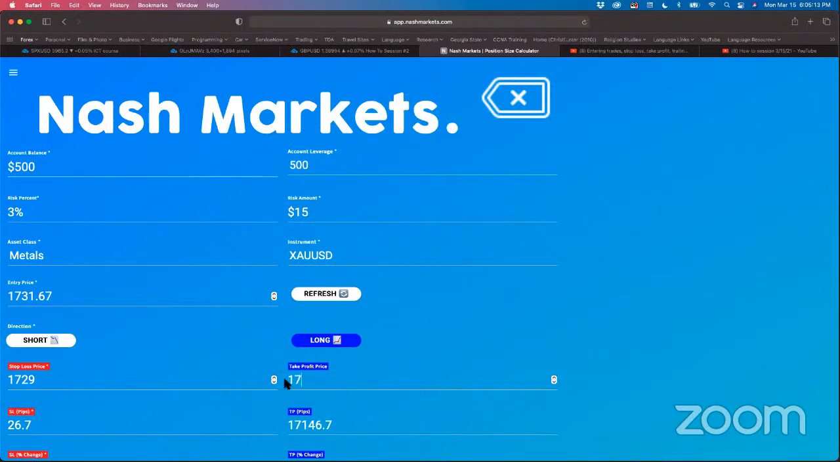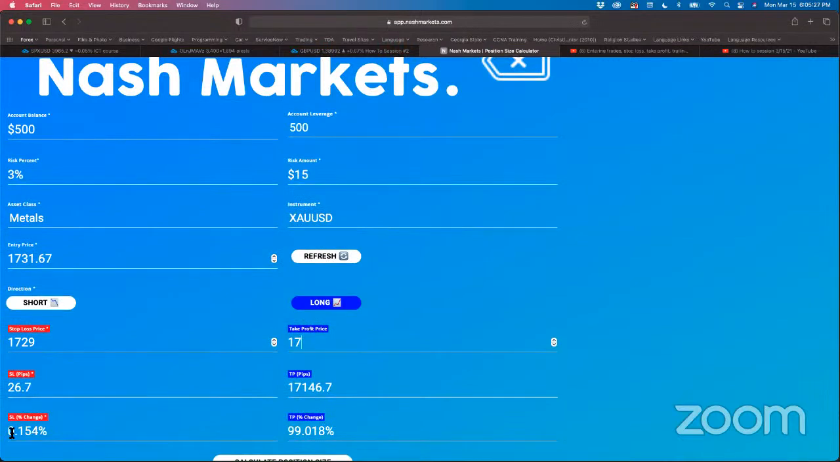Like gold right now, the price is at 17.31. Let's say we took a trade, we use a stop loss of 17.29. That's a 26.7 pip stop loss. That's a 0.154% change in price. And our goal was to get to 1740, right? 83 pips, right? We're gonna buy it,